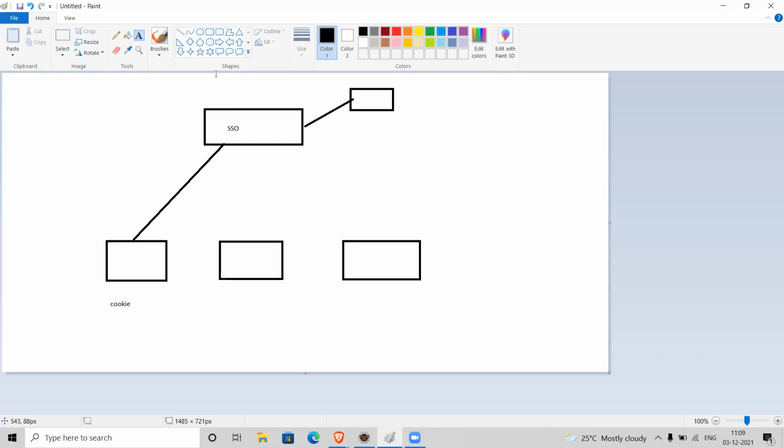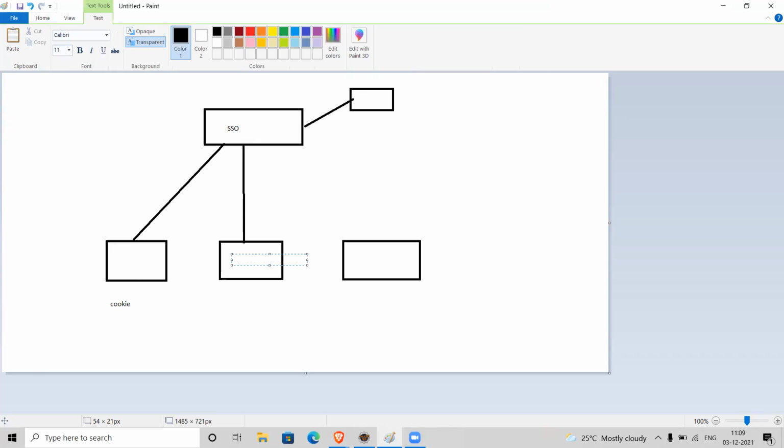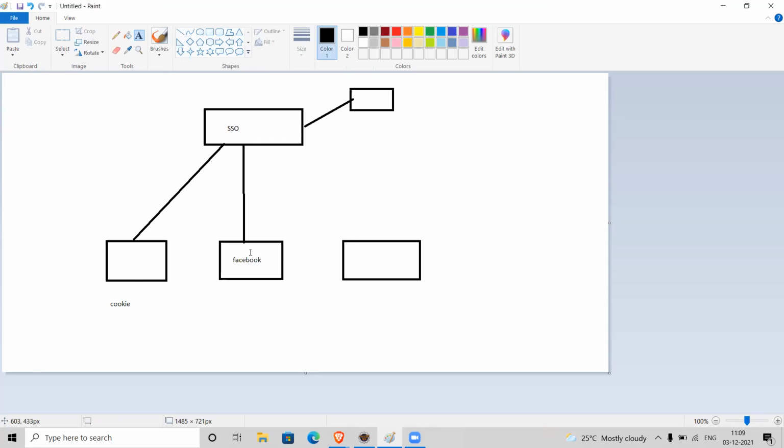Next time, using the same browser, I'm trying to open the Facebook application. This Facebook application will send a request to the SSO server along with this cookie.